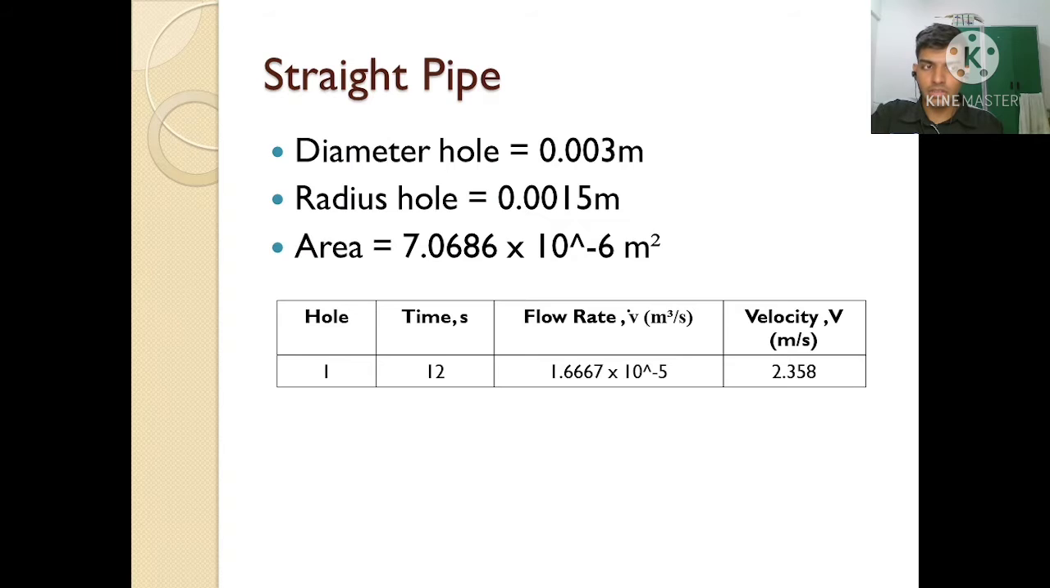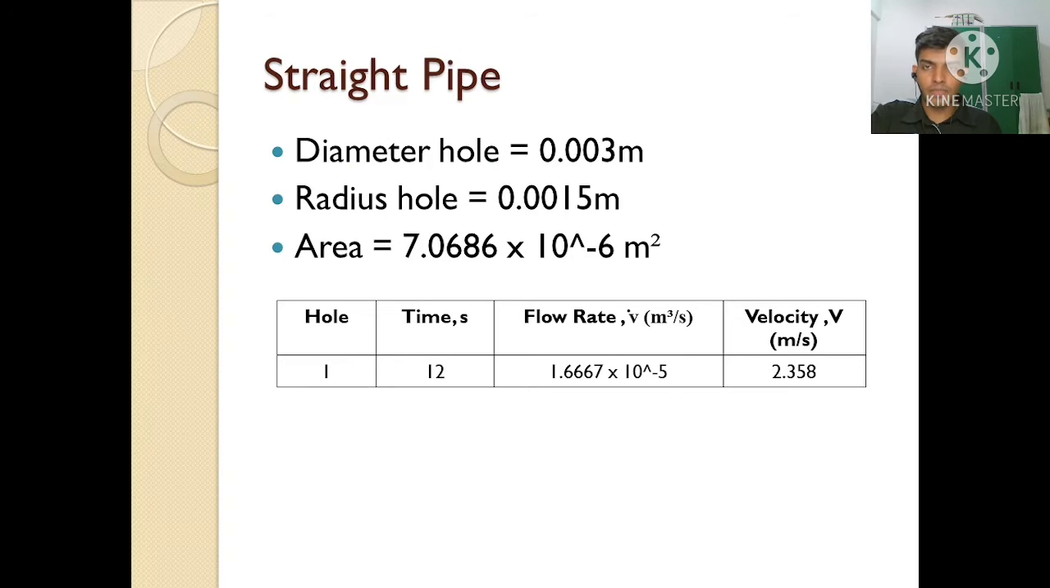So actually we have 10 holes, but for the presentation I've only taken one hole for the straight pipe and also for the closed loop pipe. For the straight pipe, I've taken the first hole. Time taken is 12 seconds, and the flow rate is 1.6667 times 10 to the power of negative 5 meter cube per second, and the velocity is 2.358 meter per